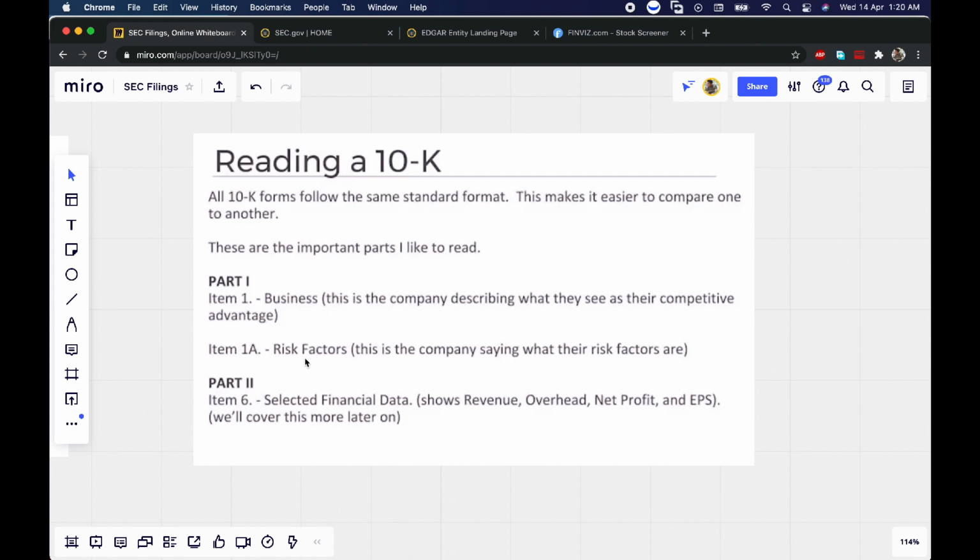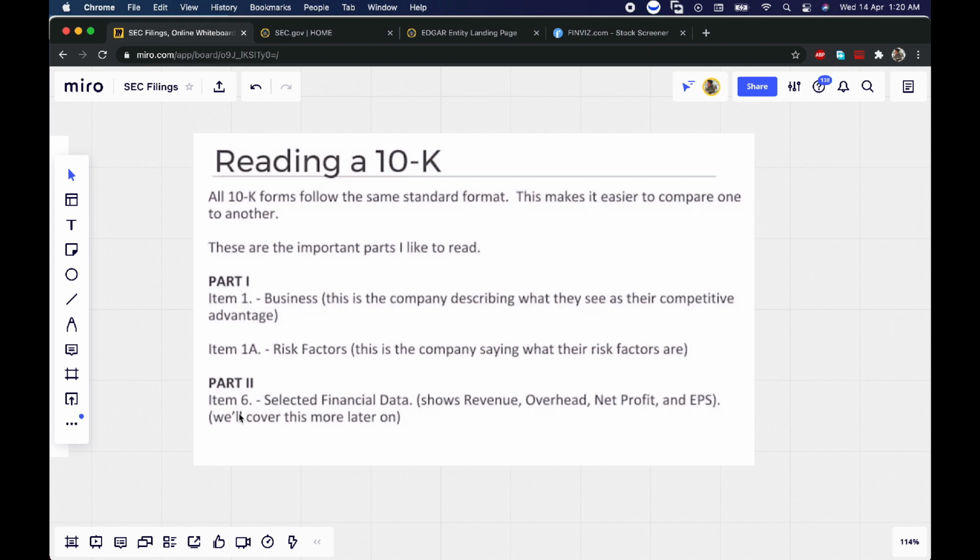Risk factors are important because the company lawyers and the company's legal team list these factors, and this will help us recognize where the company stands and what the risk factors for the company are. That will help us better evaluate the company fundamentals and what upcoming risks they are taking, or what upcoming situations will be more likely to have a negative or a positive effect for the company.